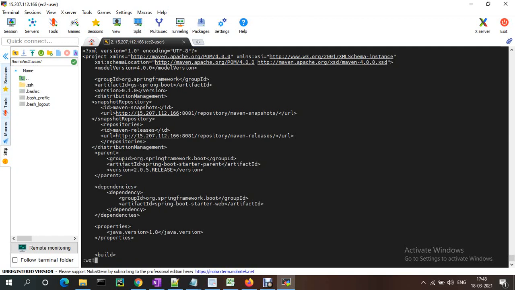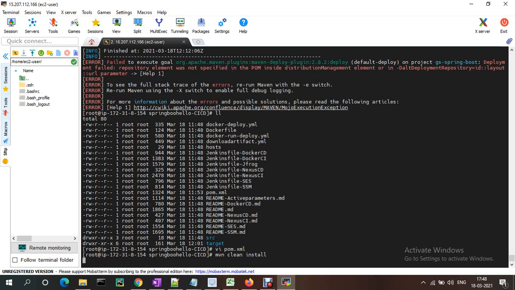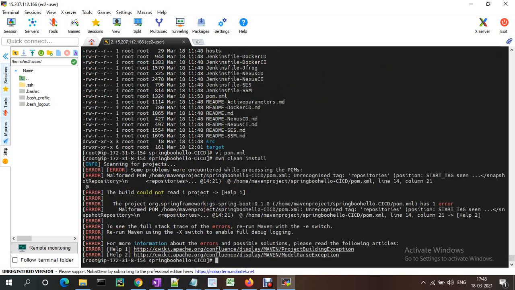Okay, now if you try to give mvn clean install, if anything changes you need to do the same thing. Something is failing: could not find project, home, repositories. So I think this is an error in syntax, so we just need to fix that.